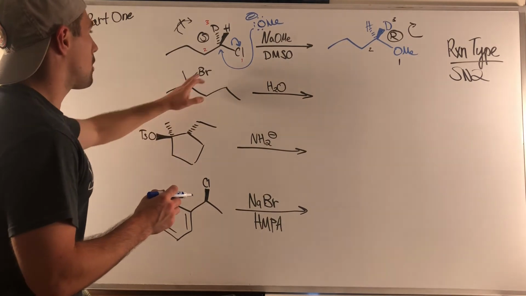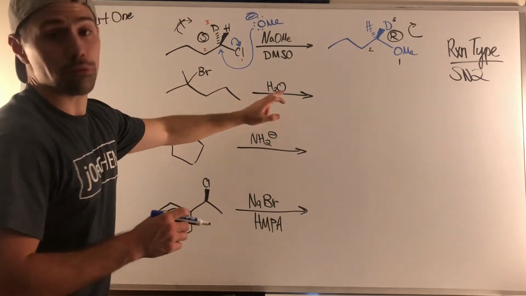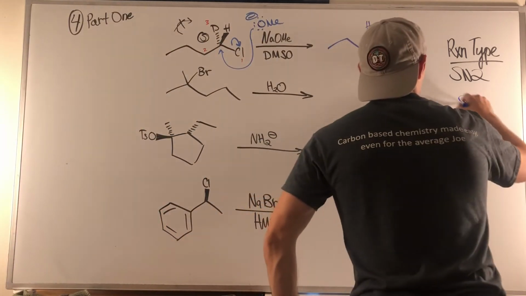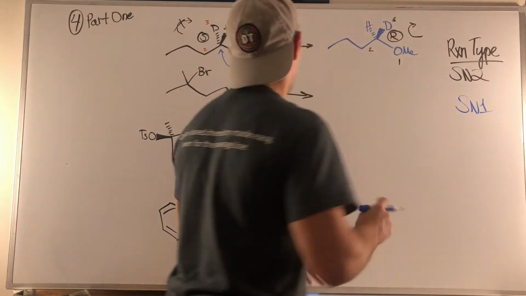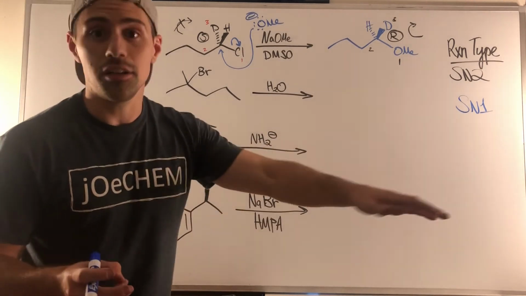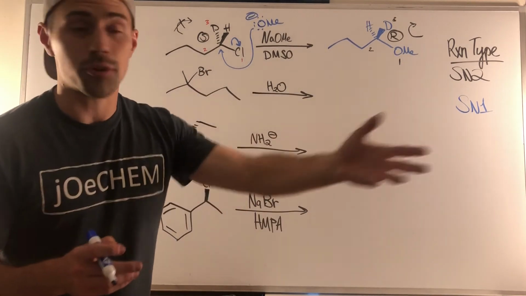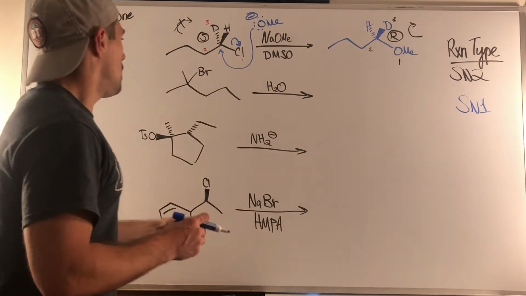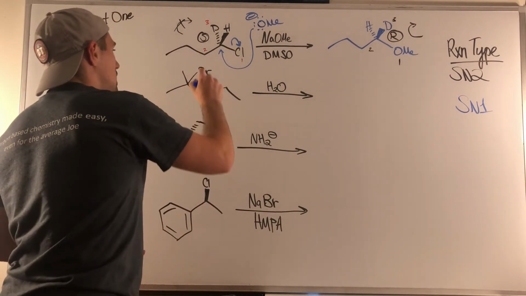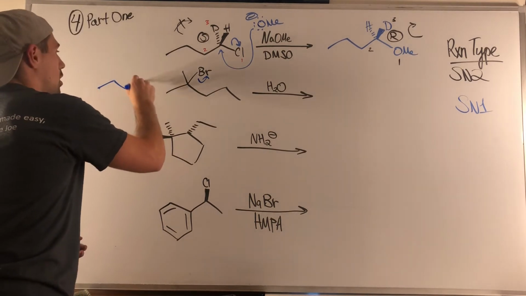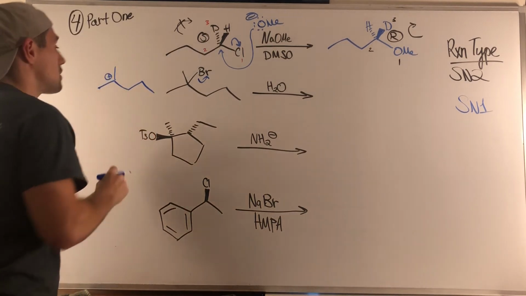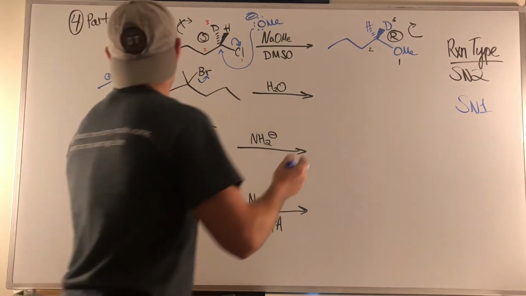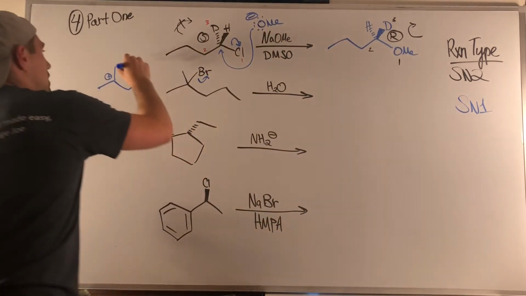So I hope you're seeing good leaving group in bromine, polar protic situation, as well as being tertiary. This is screaming SN1. We don't have heat, so it's not going to be an E1 favoring product, right? This is just going to be SN1 with a minor E1, so we're just going to draw SN1. So, right, remember, this leaves. We should check to see if we're going to have any carbocation shifts. Fortunately, we do not. So if we continue forward, what we got then, we have our water attack,